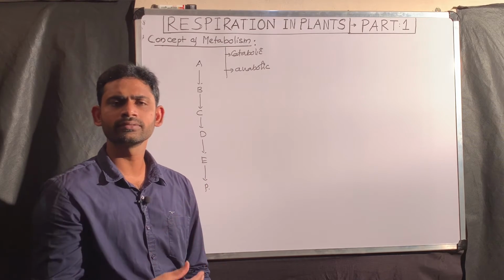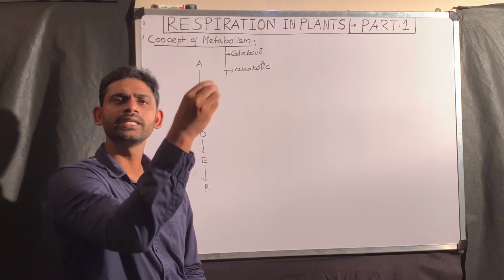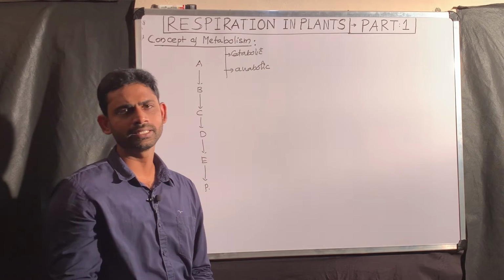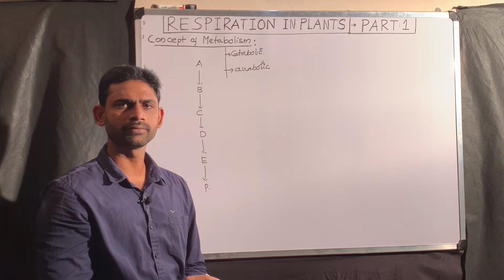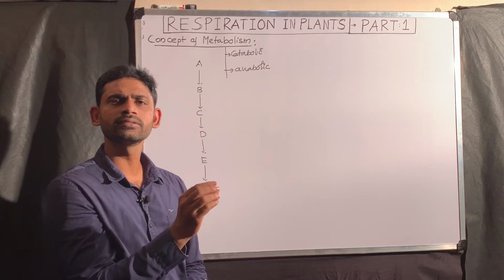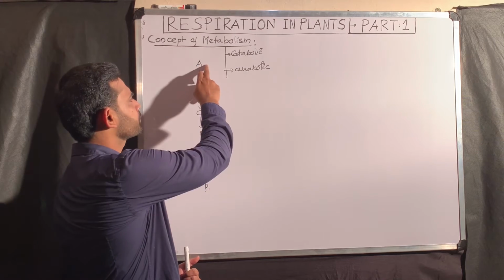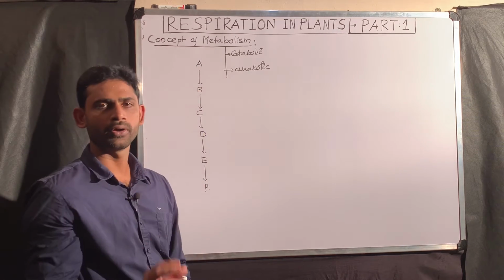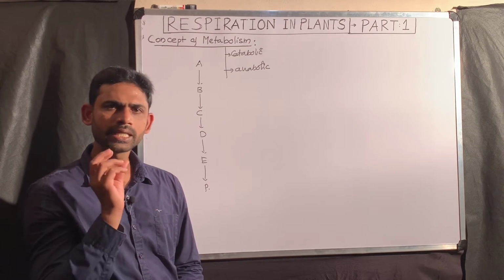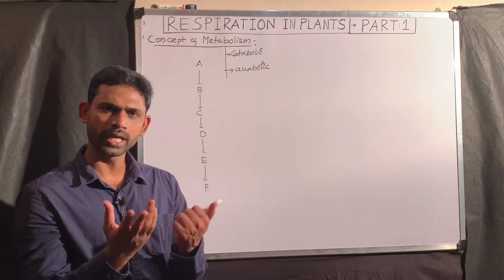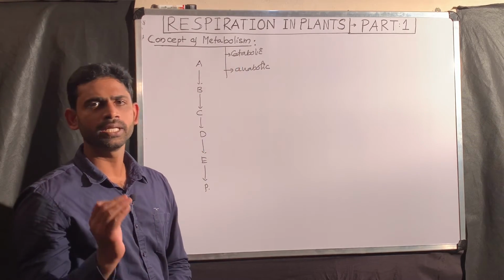A sequence of biochemical reactions, either in a linear form or in a circular form. I am not going into that now. What does a metabolic pathway mean? A sequence of biochemical reactions with a specified substrate and a specified product. That is called a metabolic pathway. A metabolic pathway consists of two types: one is the catabolic pathway, another is the anabolic pathway.